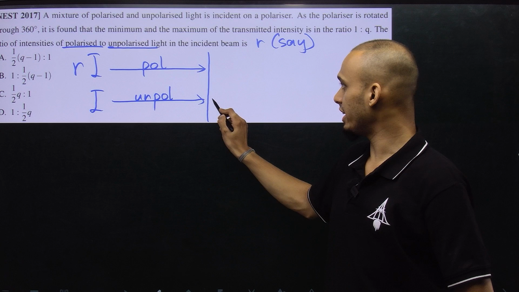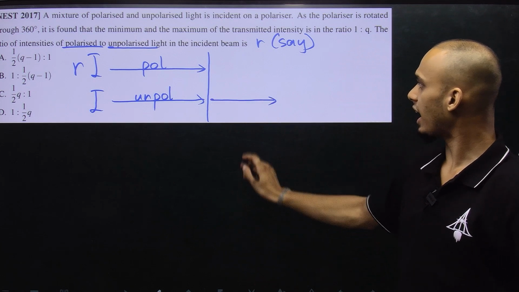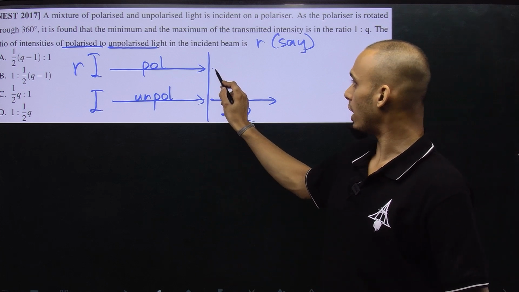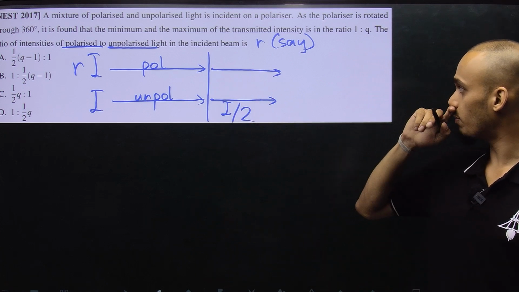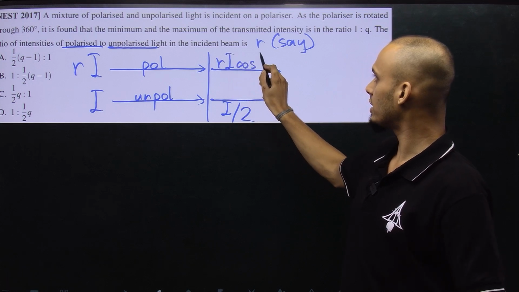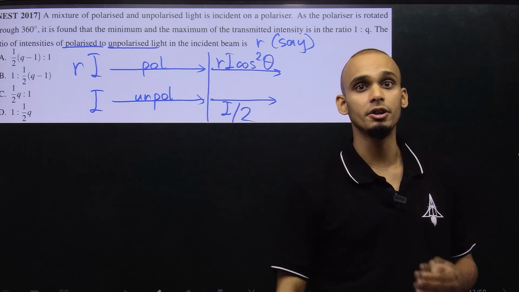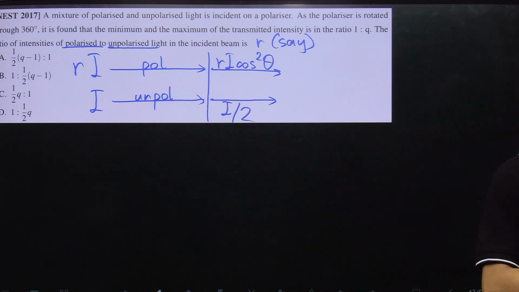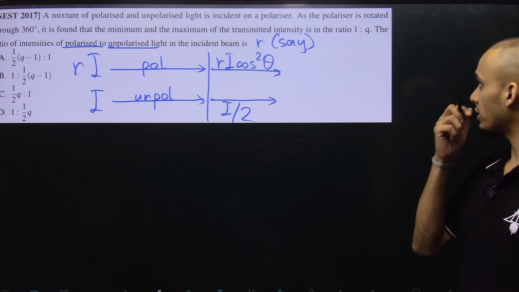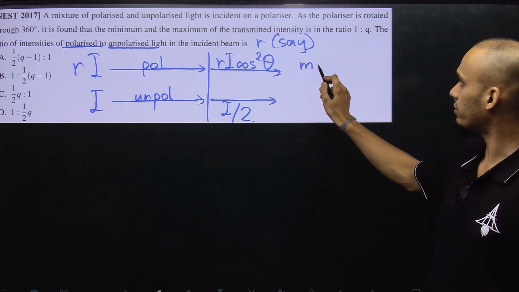The unpolarized light will simply emerge with half the intensity. We know that. And according to Malus's law, the intensity of polarized light should be R into I cos square theta, where theta is the angle between the polarization axis and the polarization of the incident light. The maximum value will simply be R into I. So the maximum value of the emergent light,